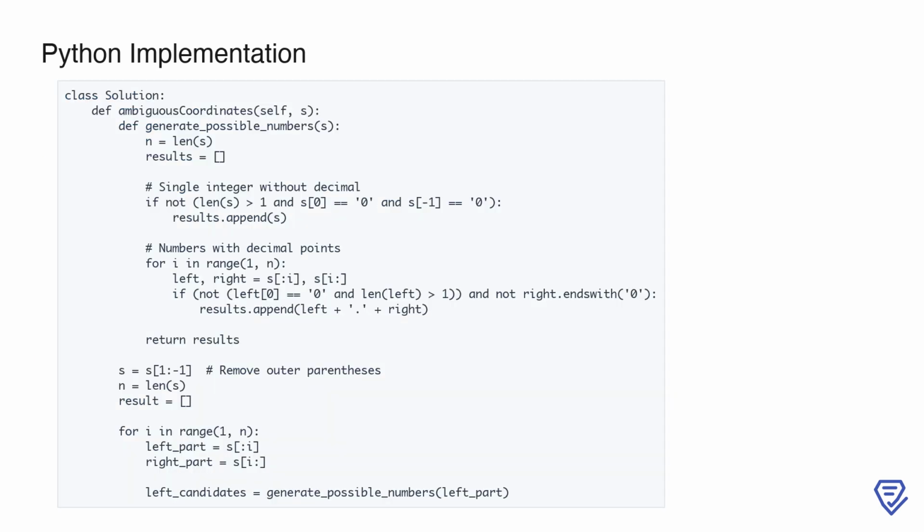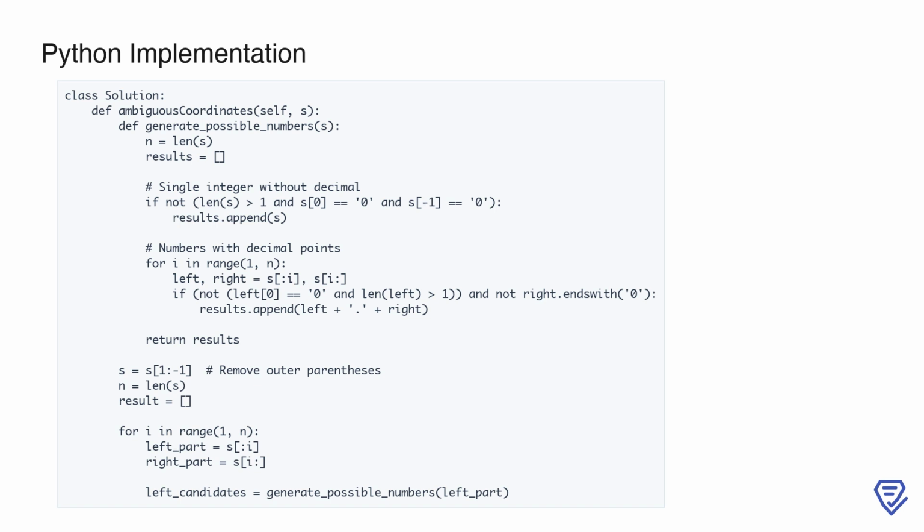Here, we are implementing the solution for the ambiguous coordinates problem. The function ambiguous coordinates begins by defining a helper function called generate_possible_numbers. This helper function takes a string s and generates all valid number representations from it. First, we check if s can be used as a single integer without a decimal. This is valid if it doesn't begin and end with 0 simultaneously, except for the case where s is just a single 0. If valid, we add it to the